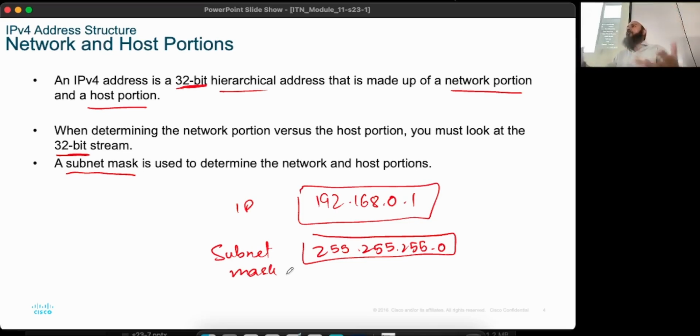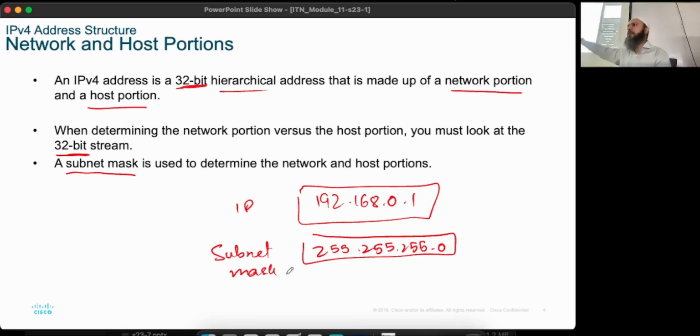But how do you define those? In the exam and in our general discussion, we say 16 bits are for the network or 24 bits are for the network. But how do you tell it to the computer? You tell it to the computer by using the subnet mask. That's all a subnet mask is. A subnet mask essentially is going to be a sequence of zeros and ones. Anything which is a 1 is going to belong to the network. Anything which is a 0 is going to belong to the host. We have examples of this.